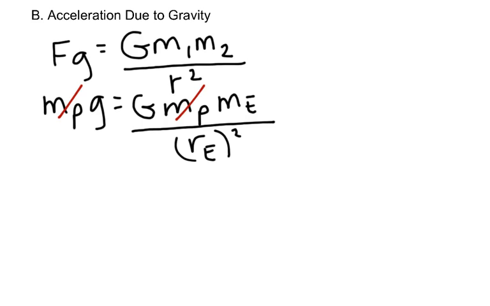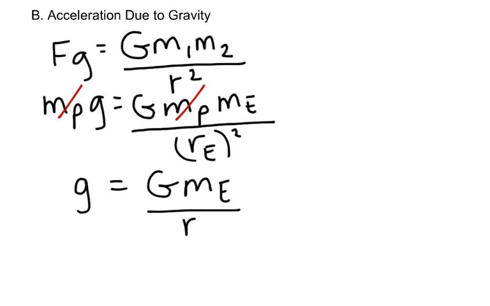So I'm left with small g, known as the acceleration due to gravity, also known as your gravitational field, and that's equal to your universal gravitational constant multiplied by the mass of the planet you're on, in this case Earth, divided by the radius of the planet you're on, in this case the radius of Earth. So the acceleration due to gravity on Earth only depends on the mass of the Earth and the radius of the Earth. It does not depend on the mass of the thing in free fall at all,